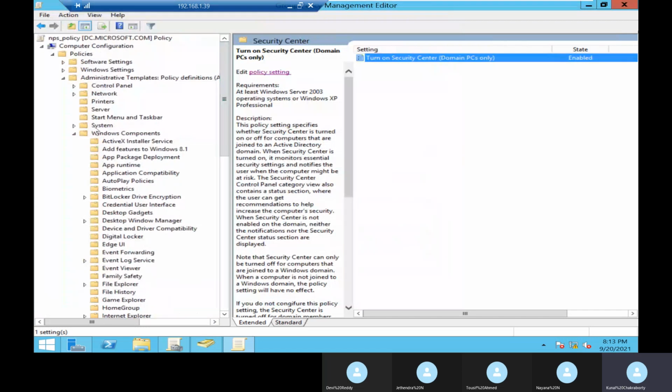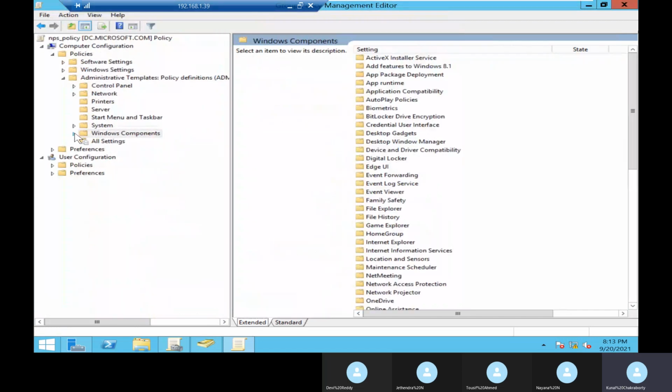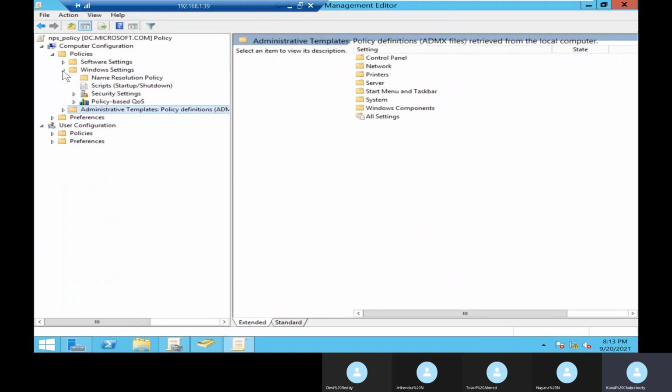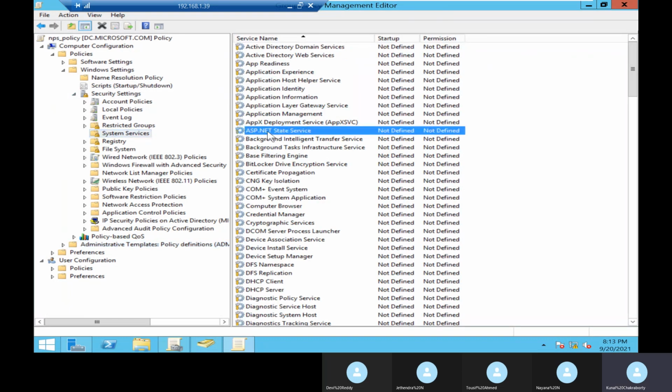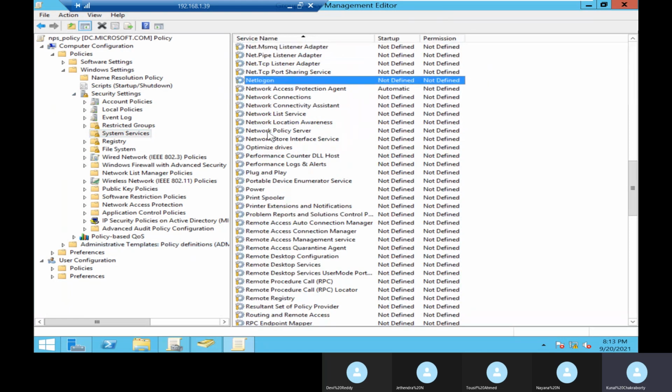I will just remind you what are the configurations that I have turned on. First of all, inside Windows settings, then security settings, inside that system services, I have gone to system services, then searched for network access protection agent.